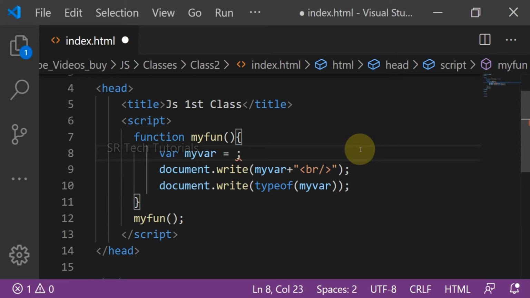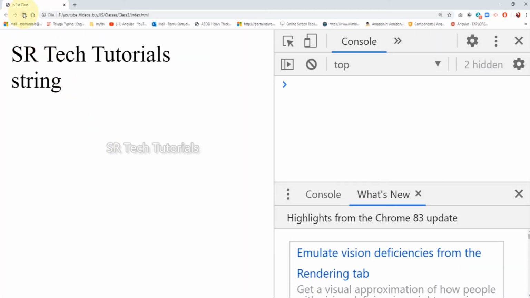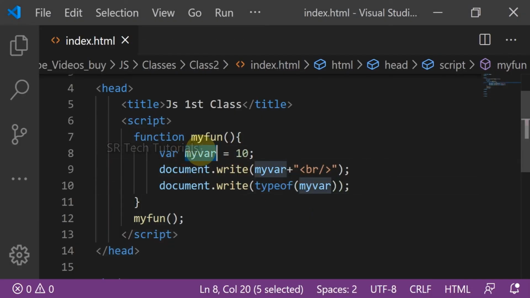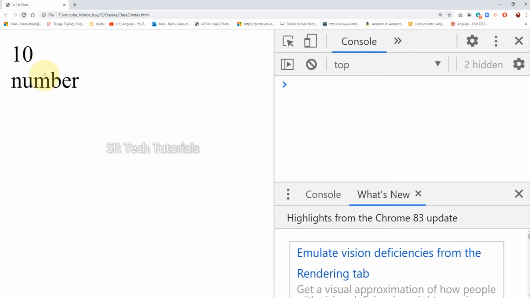Just I am giving here 10. This is a number, we know. So what is it displaying, we need to check. For my variable I assigned 10 instead of the string sr tech tutorials. Now what will happen, just check once in the browser. 10, and it's a number.